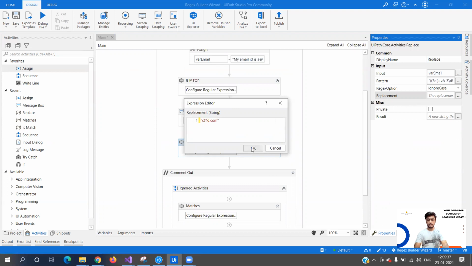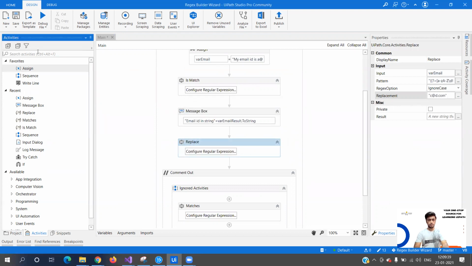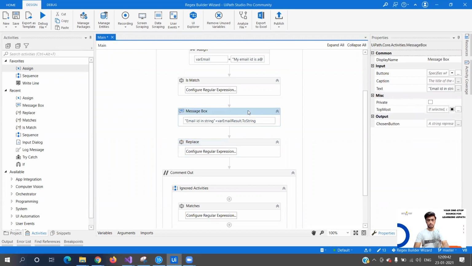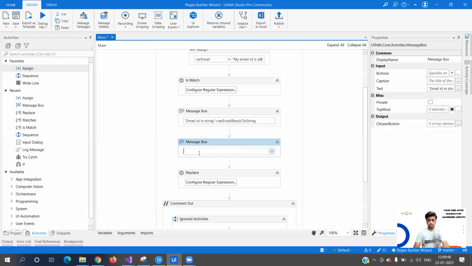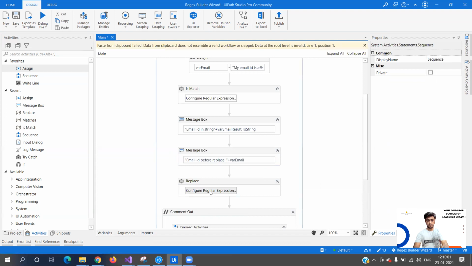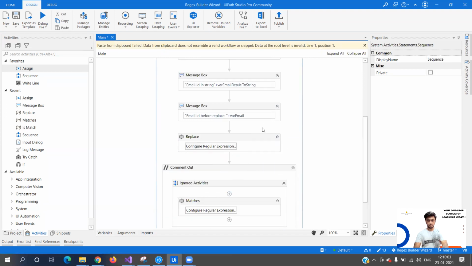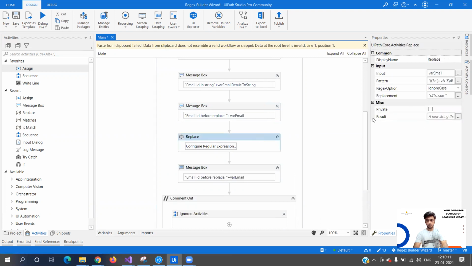c@d.com, right? So what we'll do is we'll use two message box over here, copy and paste over here. And we'll do is email ID before replace, right? So plus and where email, copy this and simply paste over here. Okay, so copy this and simply paste over here.